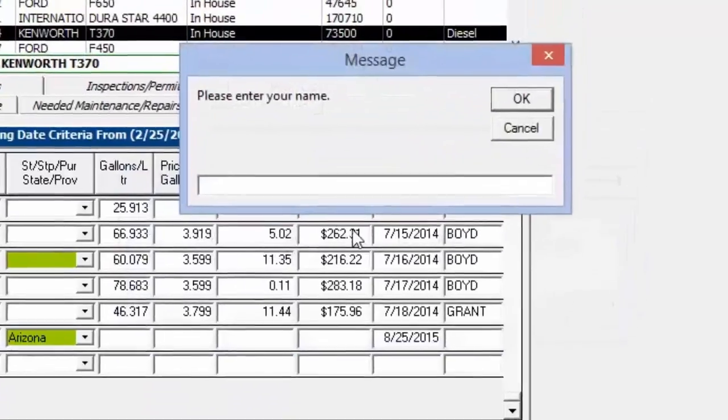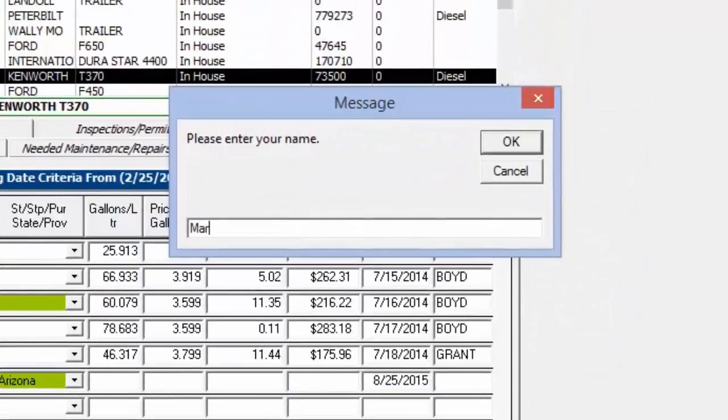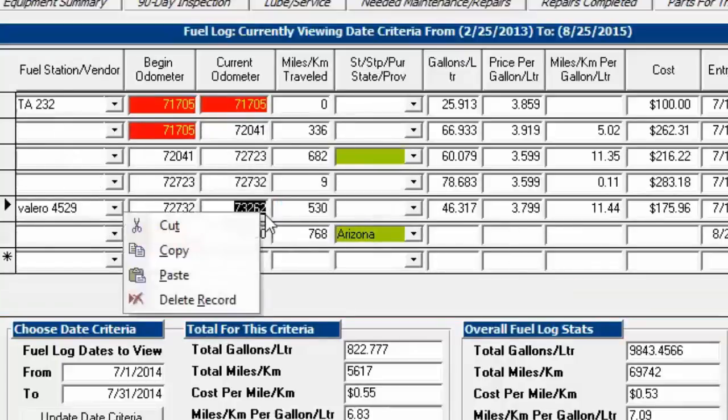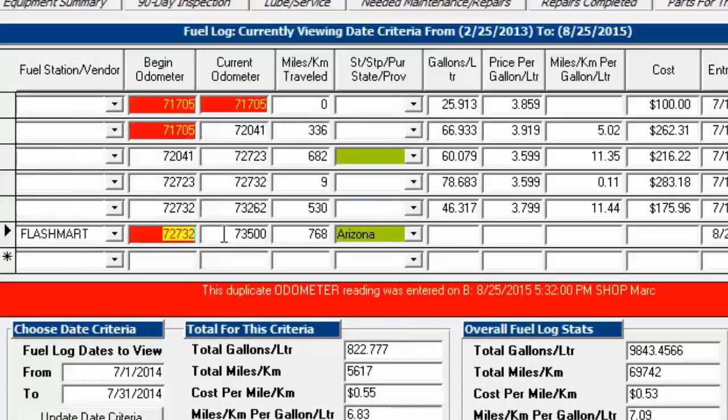If I say yes to that, then I enter my name, click OK, and you can see the duplicate odometer reading was entered on this day by this computer name. Computer name is Shop, and by this person named Mark. Okay, so that's how that works. I'm going to go ahead and update that and change that back to